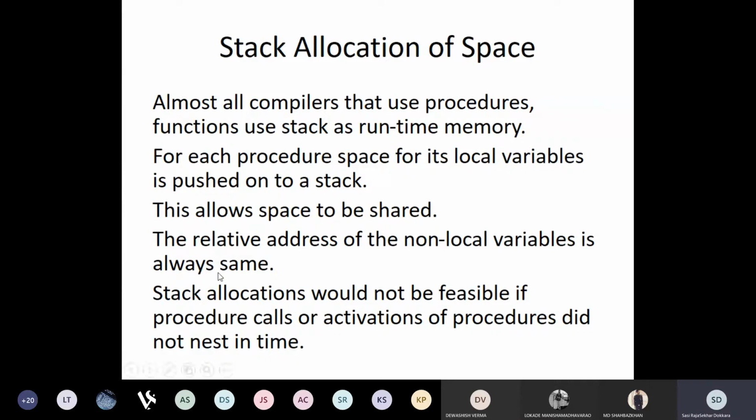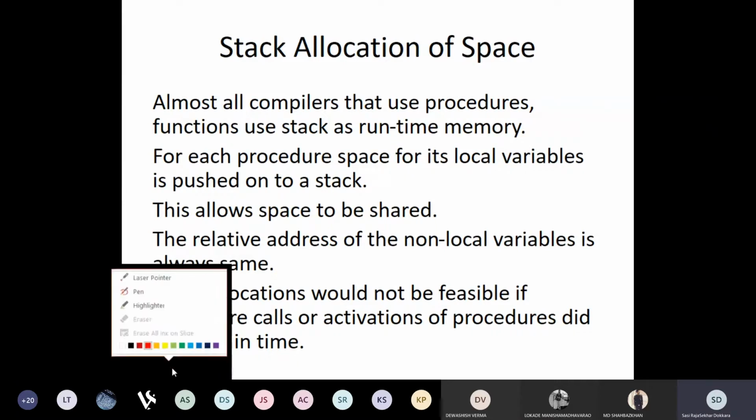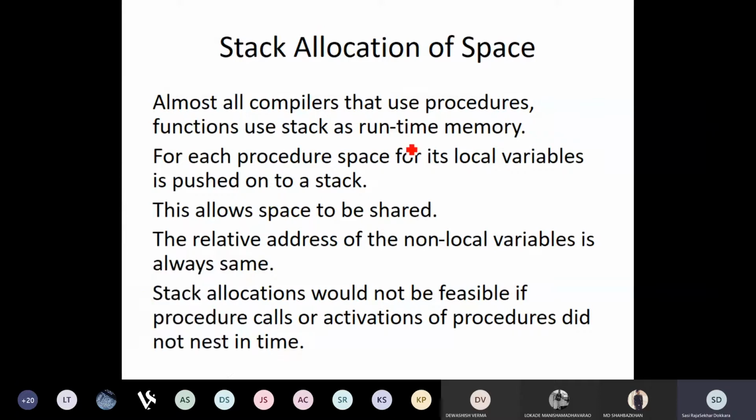Almost all compilers that use procedures and functions have to use the stack as a runtime memory, because for each procedure, space for local variables is going to be pushed onto the stack, and that space can be shared, because once one procedure finishes, it need not have the space.